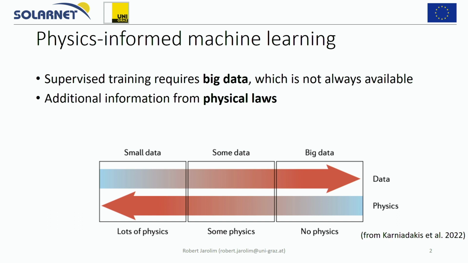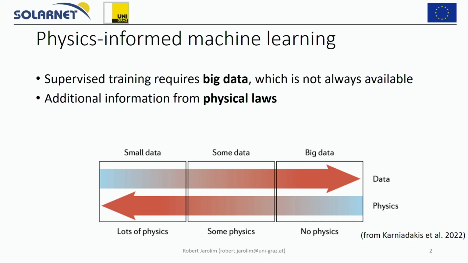So this is what we have here in this graph on the right-hand side, which means we have a large amount of data, for example, in terms of input and output pairs, but we have very little understanding of the underlying physics. A good example for this would be the classification of images. It's very hard for us to describe physically how the mapping works between a certain image and the classification label, but we can create large amounts of data, and then we can perform our supervised training to learn this